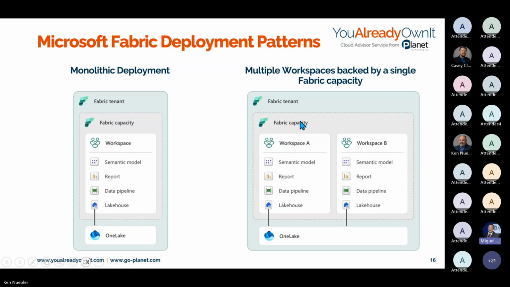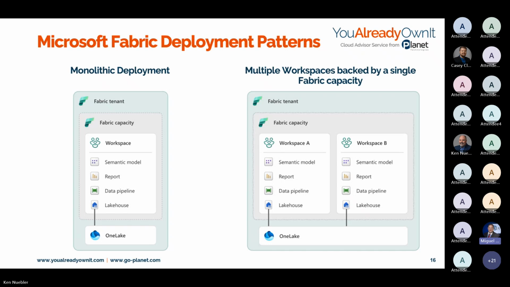Most of your small and medium organizations are going to have this: a Fabric tenant associated with one OneLake, and then multiple workspaces associated with the OneLake for the asset storage. So this is primarily your small and medium organizations.